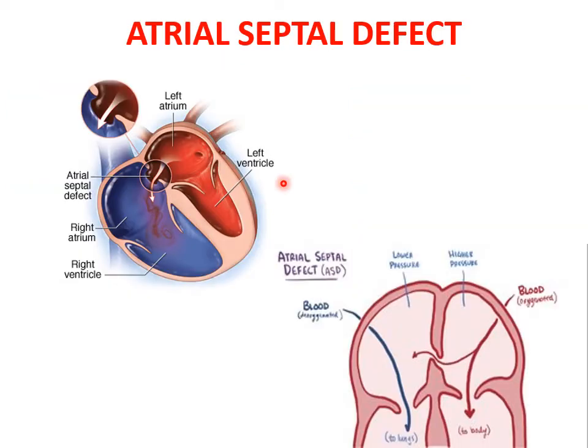So the first condition which we see under acyanotic heart defect, that is increased pulmonary blood flow, that is the atrial septal defect. So there are 2 atriums, that's the left atrium and the right atrium. So in this case, the septum of the atrium, here you can see that is the septum of the atrium is having a defect or an opening. So what happens is, usually the blood in the left side of the heart is under high pressure. So what happens, the blood from high pressure will flow into the area of low pressure, because the blood pressure in the right side of the heart is low.